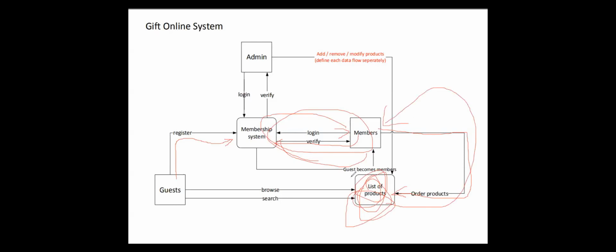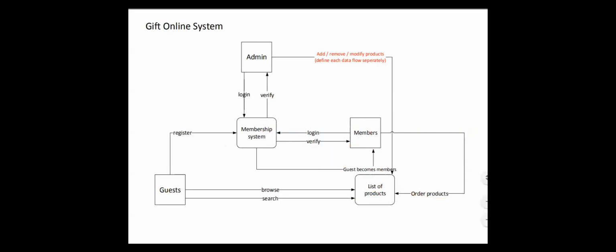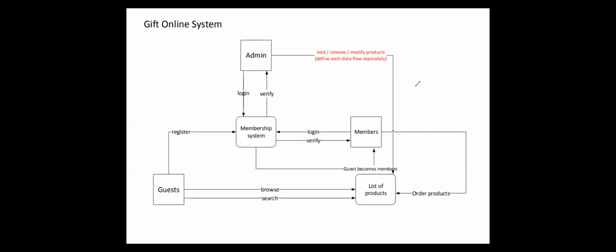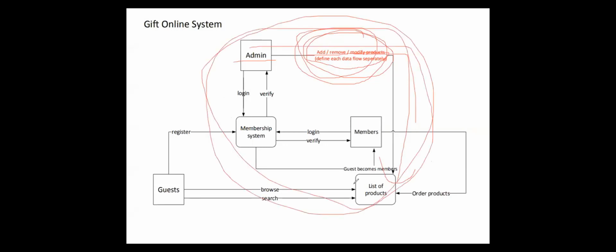Remember that some of the details here can be left out because of the description, how the question is asked. For example, in the question it wasn't given that the products are approved, so that's not being shown here. Not every detail will be displayed in the DFD diagram because, just as with the other diagrams, it's an abstract representation. Finally, the admin can add, remove, modify products, which can be done separately or all together with the list of products. The ideal way to do this is to draw the diagram so that you can see how many interactions are happening.